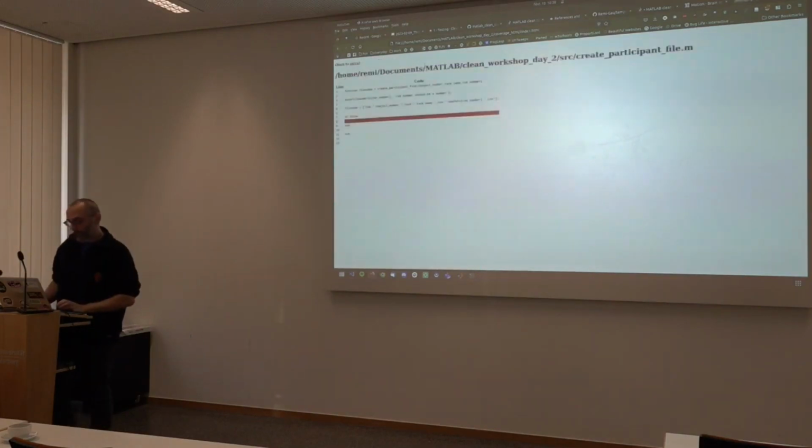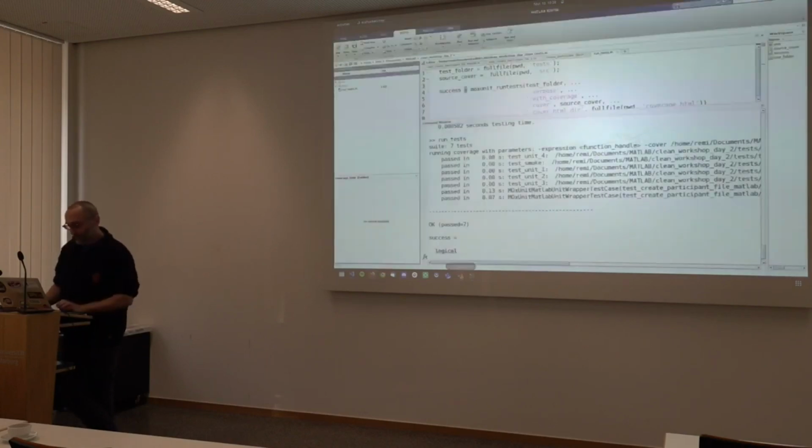It will print the function itself and show in red all the parts that have not been touched by the tests. So indeed here there is this if block that's always false that shows up as red. In this case we can't really write tests that will ever hit this, but